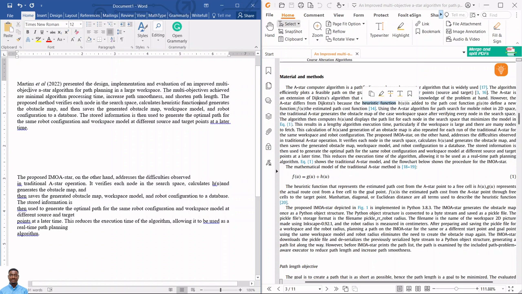It says the Martins et al. 2022 presented the design, implementation, and evaluation of an improved multi-objective A-star algorithm for path planning in a large workspace. The multi-objectives achieved are minimal algorithm processing time, increased path smoothness, and shortened path length. Now, the proposed method verifies each node in the search space. We can change this to the workspace. In the workspace,